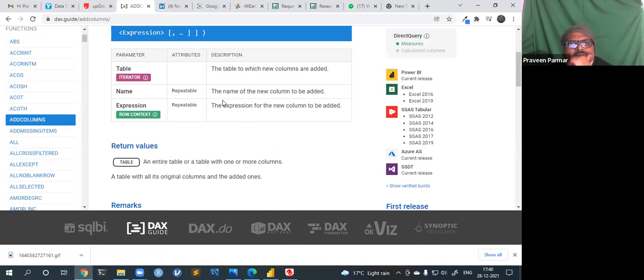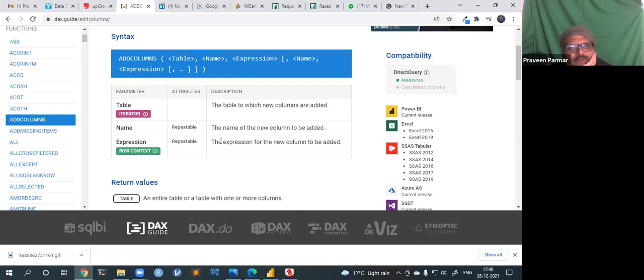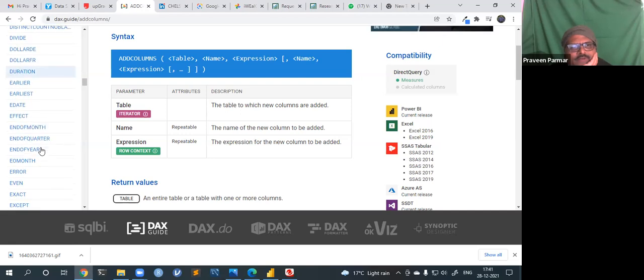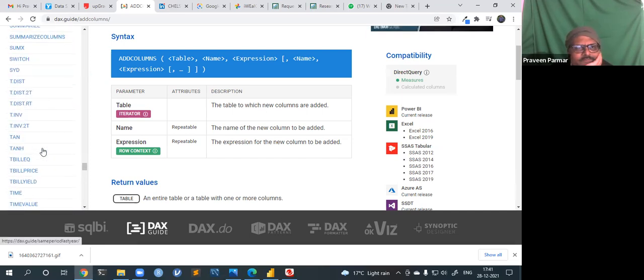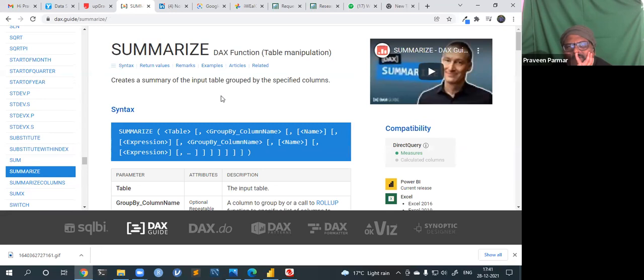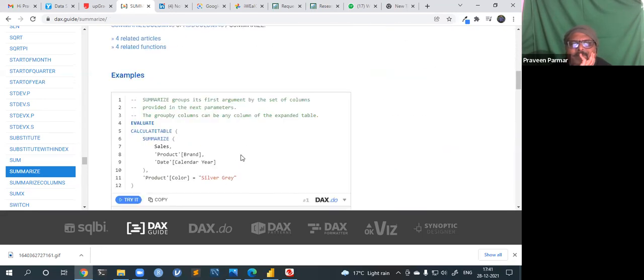In the next session I will discuss all things about this, but I have used a complex query here. Next time I will explain this query, how we had 8 columns and how we have summarized it. Everything is here. You could see the summarize also. Summarize the table and group by column. This is all given.